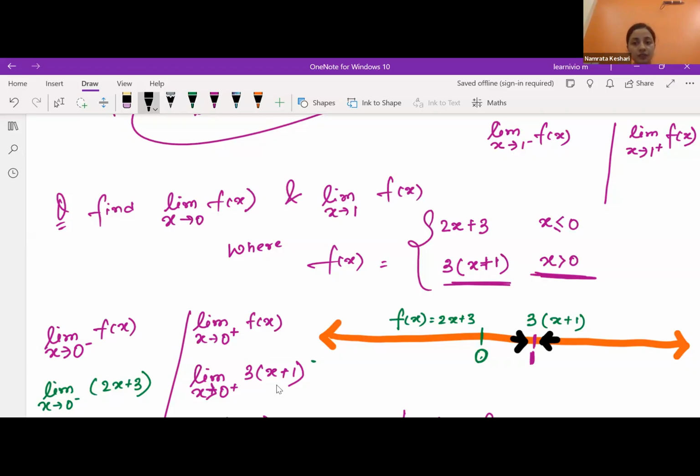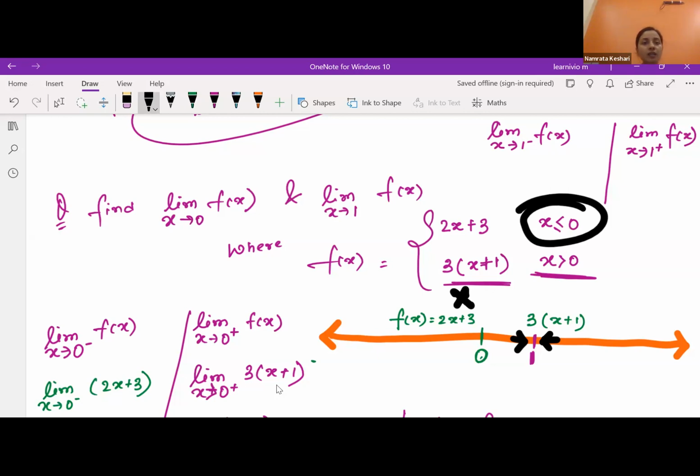That's why we aren't taking 2x plus 3, right? या व्हाट? इसलिए हम 2x+3 ले ही नहीं रहे, क्योंकि हम 1 के बहुत क्लोज ऑब्जर्व कर रहे हैं कि पैटर्न क्या है। इसलिए हम इस फंक्शन को तो लेंगे ही नहीं। क्यों? क्योंकि ये तो 0 से छोटे नंबर की बात हो रही है और हम तो 1 के बहुत क्लोज देख रहे हैं। जैसे 0.9, 0.99, 0.9999 ऐसे नंबर्स के पैटर्न को हम ऑब्जर्व करने की कोशिश कर रहे हैं। आ रहा है समझ में? ओके, इसलिए हम उतना दूर तो जाएंगे ही नहीं, हमारा फंक्शन चेंज ही नहीं हो रहा है।